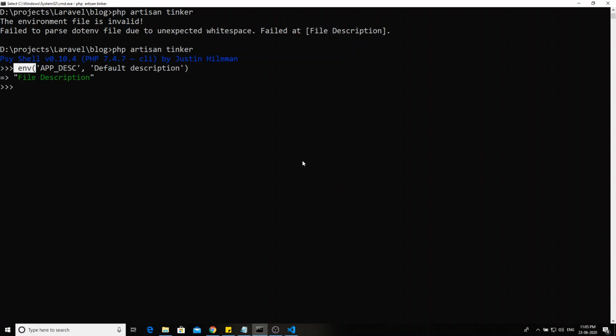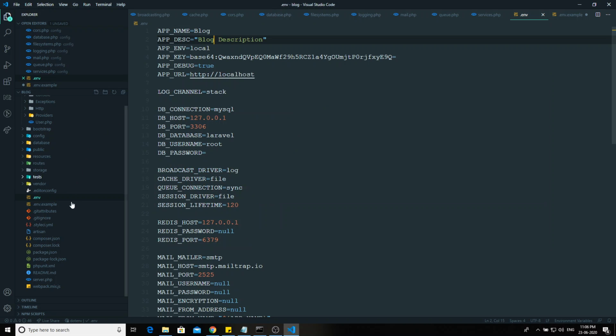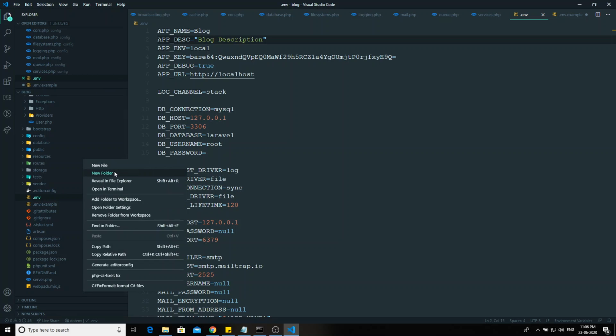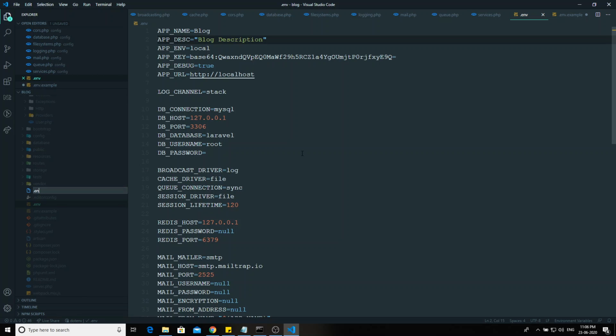It's a global method available anywhere in your project. So that is the env file. Now for testing also you can maintain a separate env file. For example, for testing, if you want to maintain a separate env file, simply create .env.testing.